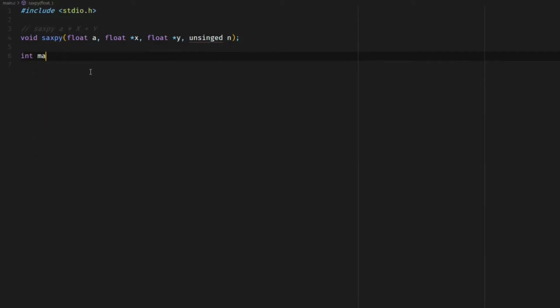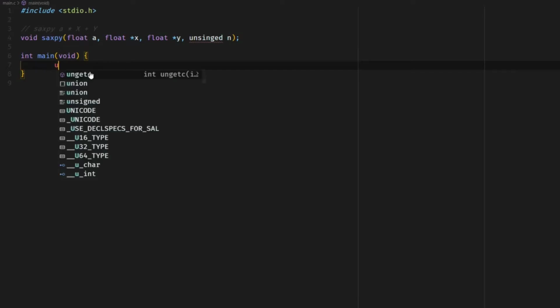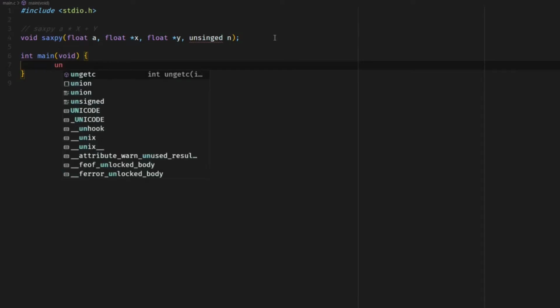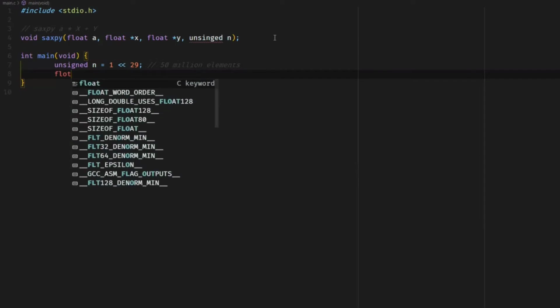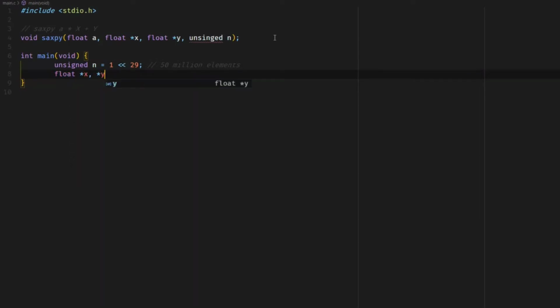And let us write a main function here. Now we'll calculate this for, let's say, 50 million elements. Then we'll have our arrays x and y.